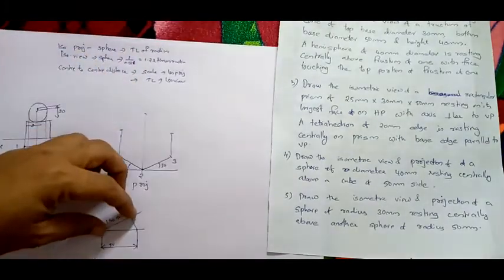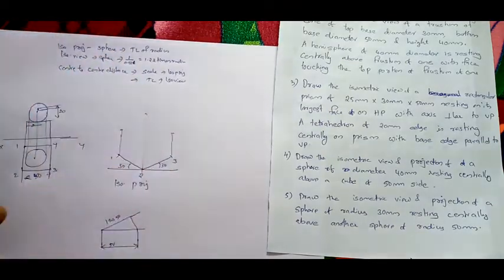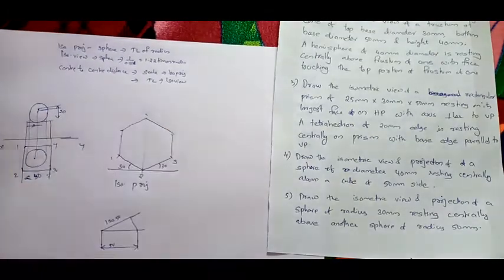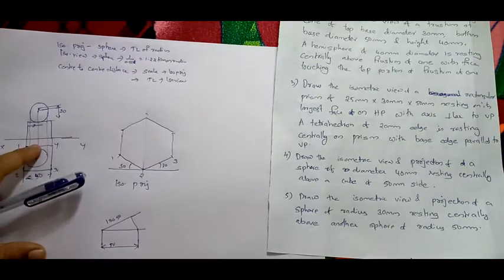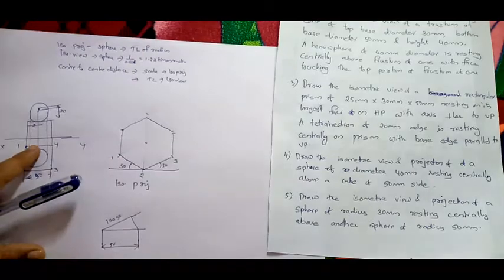The same length I take on the compass and cut it here. Either cut from here or cut from here, both will be the same. Now I have drawn a regular hexagon, right? Now I will find the center of this regular hexagon. See, I will lightly join these two corners. Now this will be the center.